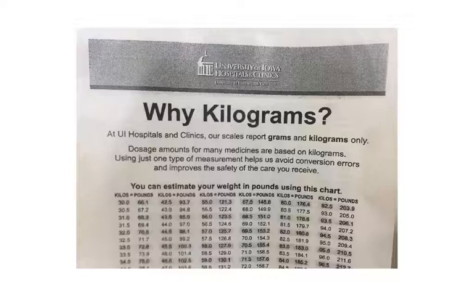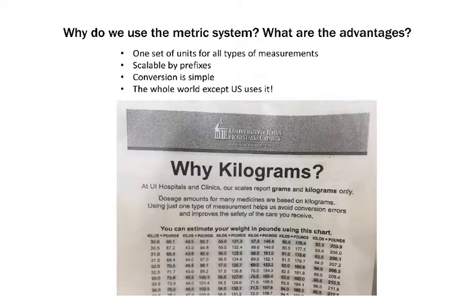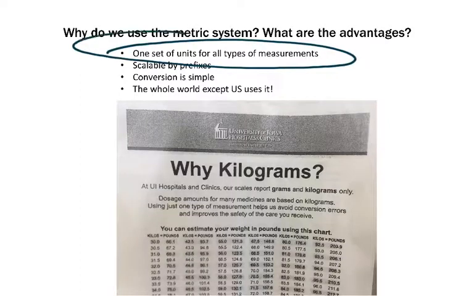So if you're standing on the scale and it tells you that you weigh 80 kilograms, you know that you're 176 pounds, because most Americans, if you say you're 80 kilograms, they have no idea what you're talking about. So these conversions are important. And we do these conversions like this says because we want to have a single type of measurement used in science. So the nice thing about the metric system is that one set of units is used for all types of measurements